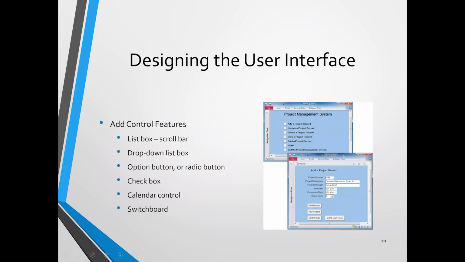Okay, the next thing, list box. You may prepare a list box and scroll bar so that users can choose, and drop down list, where users can choose from the list once they click on the drop down button. Option buttons or radio buttons, that users can choose one out of the group, one choice out of the group. Checkbox,